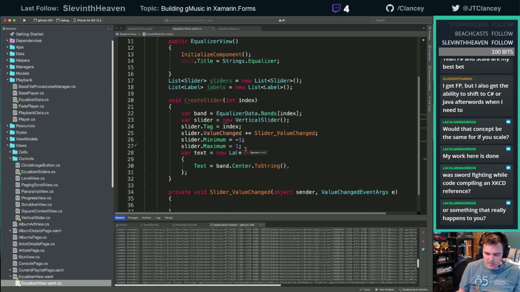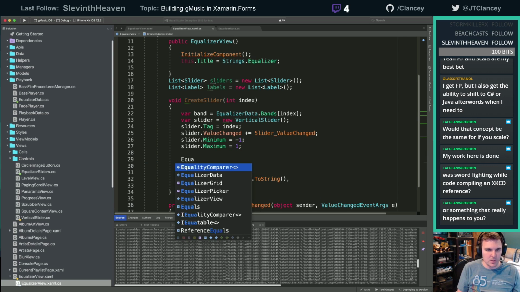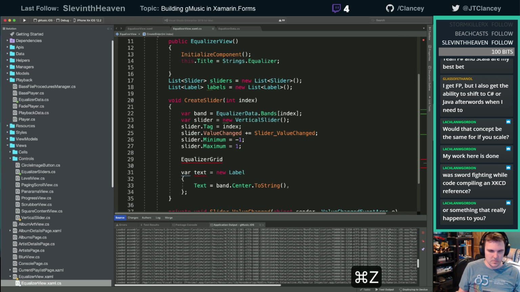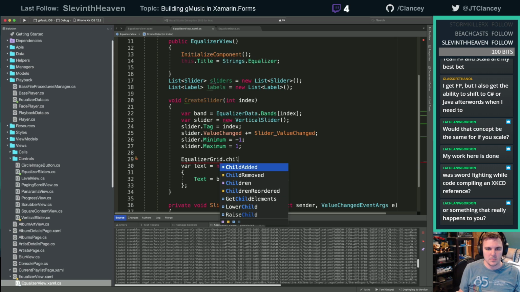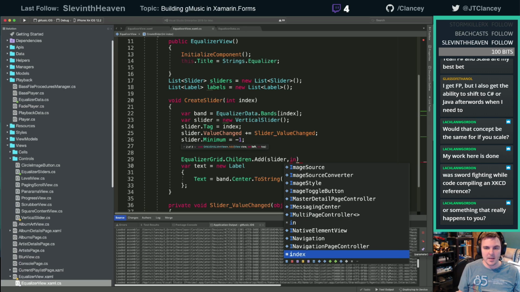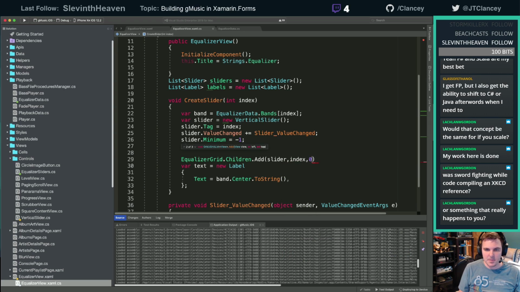All right, so now what we can do is just say equalizer grid. Oops. All right, so now what we can say is slider, and we can always say the left is going to be index, and top is 0.